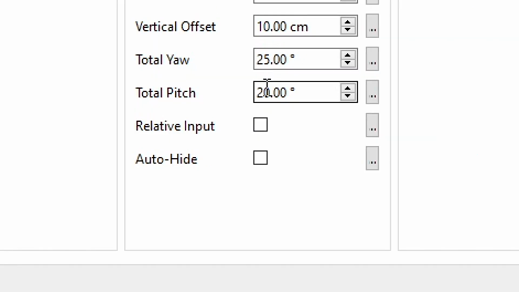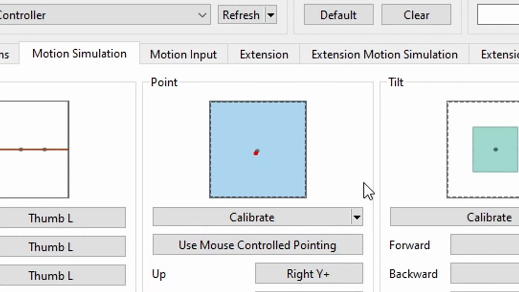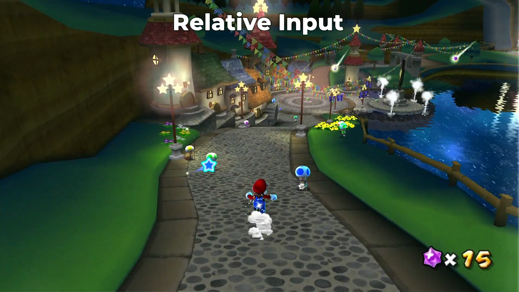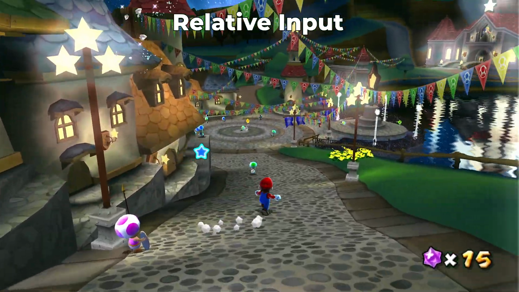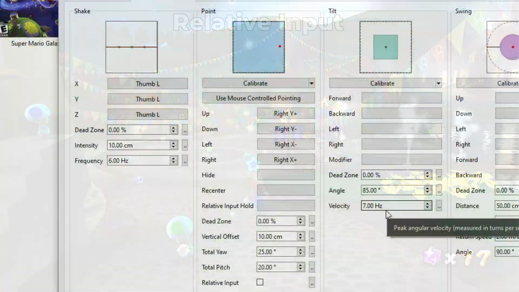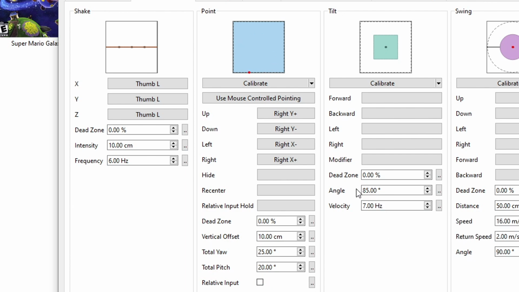Like this. But if you click on relative input, now you're gonna see that there is the black dot and the red one. The red is where the controller is pointing at, where the Wii Remote is pointing at, right? And the black one is my right stick. So if I just push this all the way to the top right side like this, it's gonna stay there, unless I use the stick again and I can just freely control this like this. I prefer using this one for certain games like Mario Galaxy, but that's gonna be up to you. You're gonna have the option to do without the relative input as well, so you can just hold that position. That's gonna be up to you.